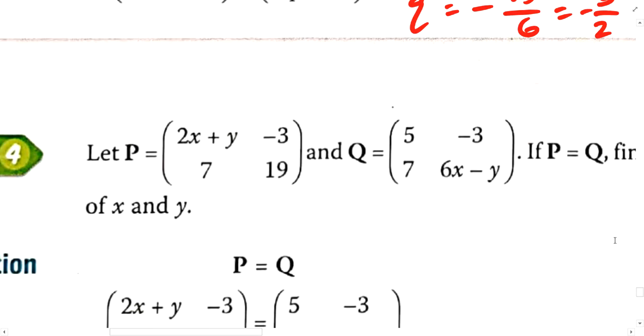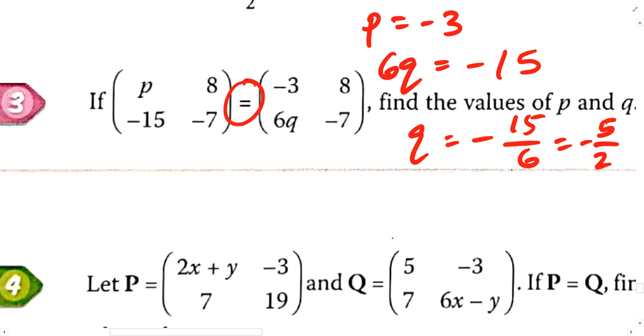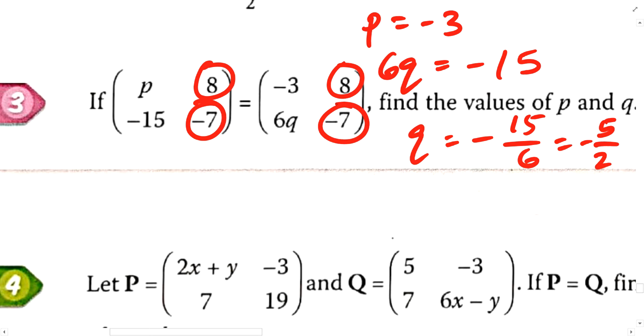Then we have, but this is only if they are equal. For two matrices to be equal, they must have the same order, right? In this case, it is 2 by 2, so the other matrix must also be 2 by 2, and all the elements must be the same. So the 8 over here and the 8 over here, 7, -7, -7. Everything else must be the same. So try it for